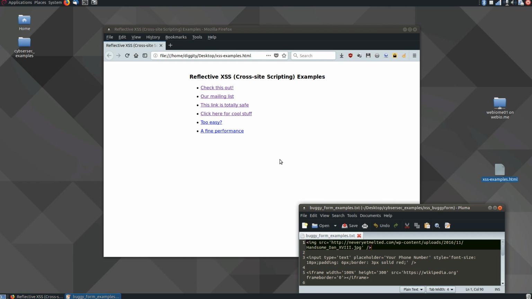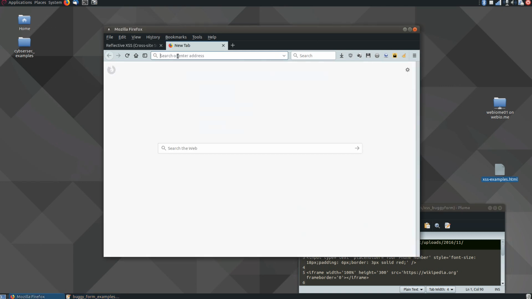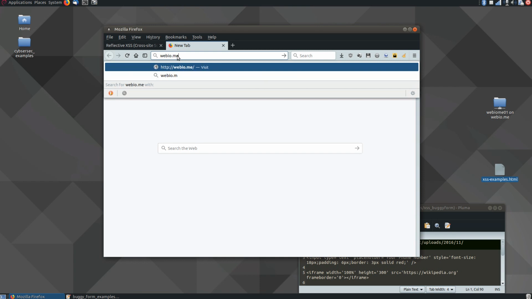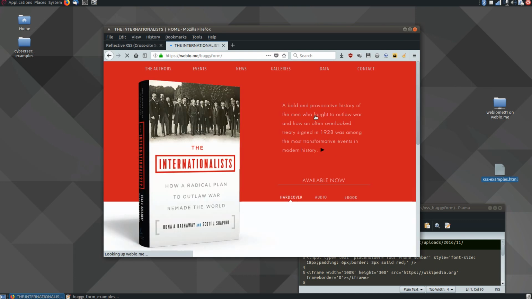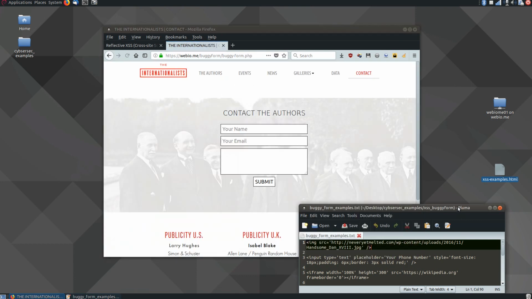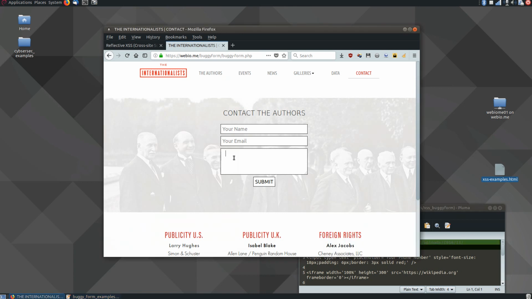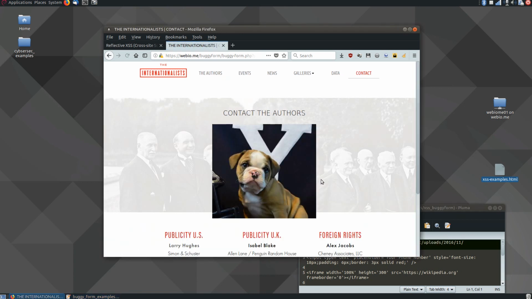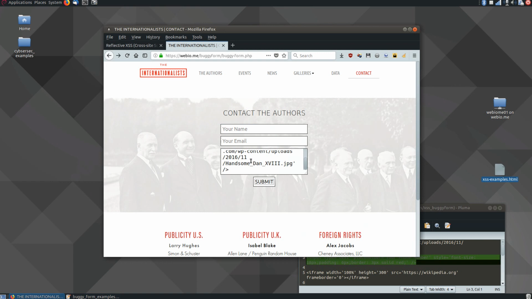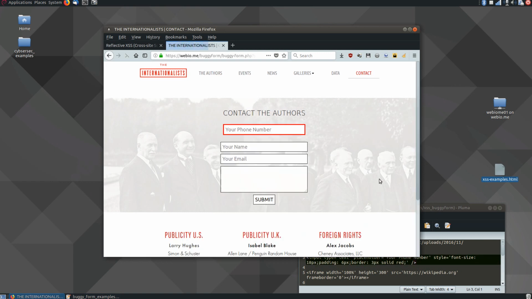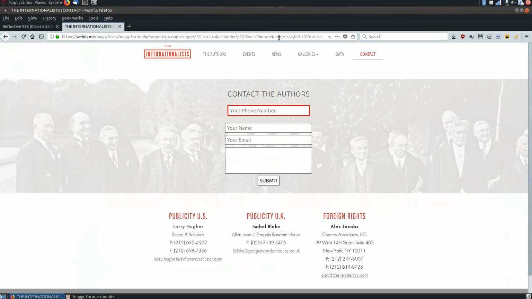Now let's have a little bit more fun here. There are some other cool things we can do because this form just happens to be that sloppy. We'll go back out to the site. And let's say we just want to insert an image from the internet. Now we can do something more interesting, and we can insert our own input field. So now someone who goes to this contact form using the URL in the address bar here, which contains our